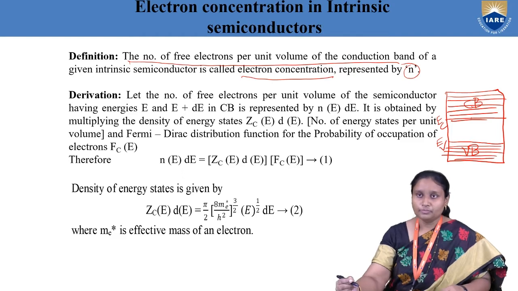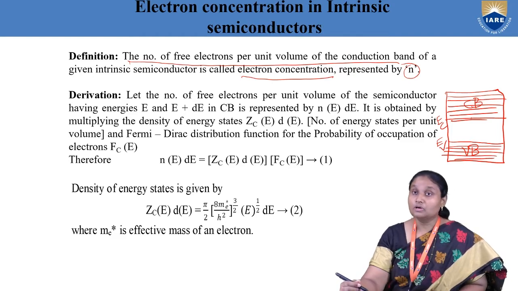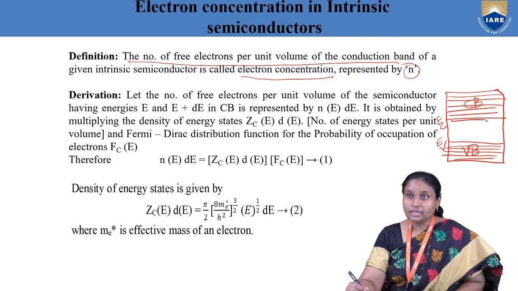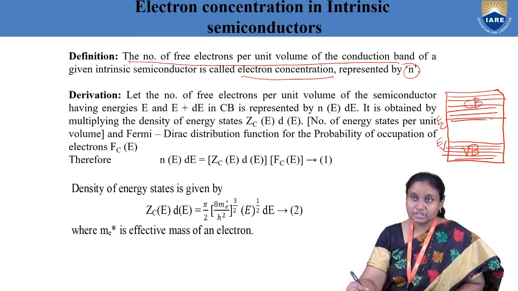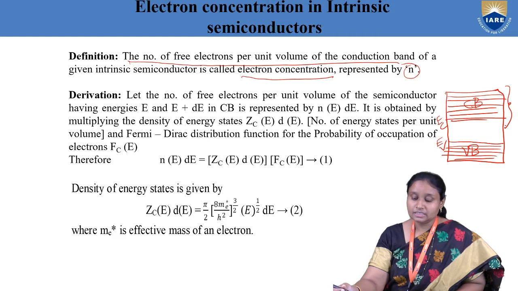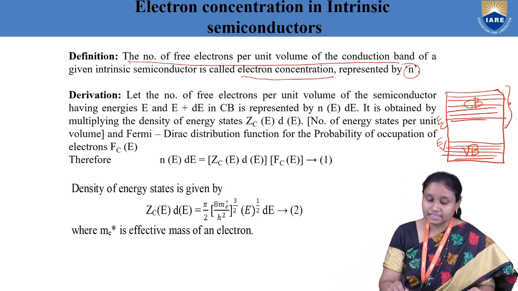So now we are finding electron concentration. So electron concentration means how many electrons are present per unit volume. So here what I am going to do is, instead of finding total number of free electrons in entire conduction band, so what I'll do here is,